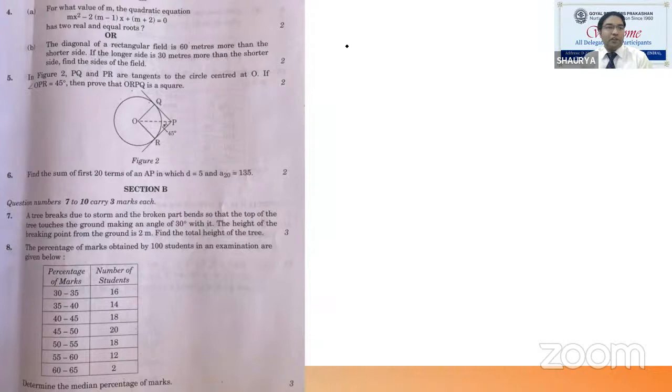Okay, the fifth question from section A is from geometry, circles precisely. It says PQ and PR are two tangents from an external point P onto a circle with center O. If angle OPR, the one shown in the figure, is 45 degrees, we need to show that OQPR is a square. So I guess it's a straightforward question, right? As a theorem, we know that this angle subtended